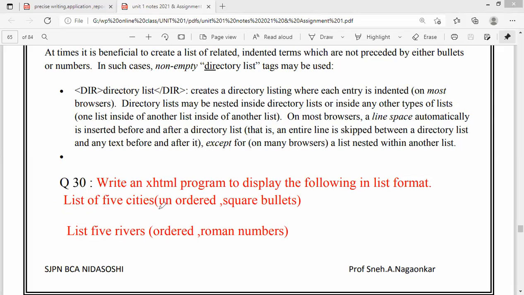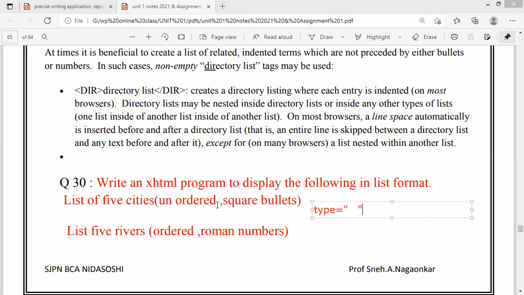Now, what is the ordering of the list? Which type of list they are asking? They are asking you unordered list, right? It means I have to take help of UL tag, which is unordered. Now, we saw that every list tag has got few parameters. Whether it is ordered or unordered, it has got a parameter. What is that parameter, guys? We have seen the parameter name is type, not text. So the parameter name is what? Type, not text. So you are going to pass the types, right? Different types when it comes to ordered list and when it comes to the unordered list, right?